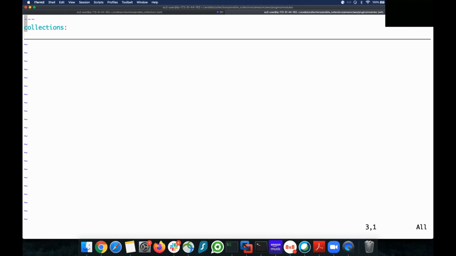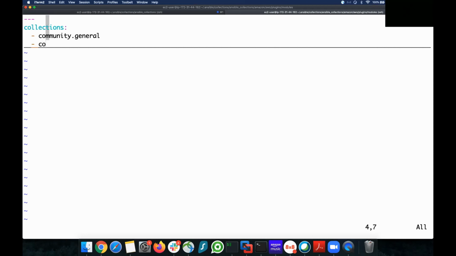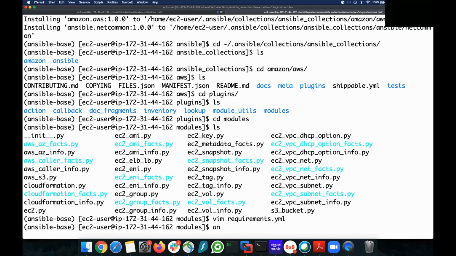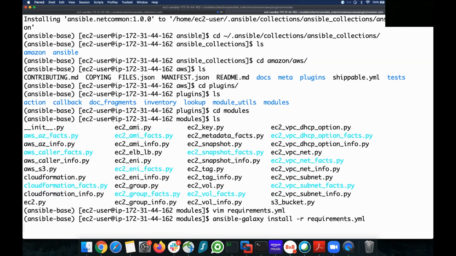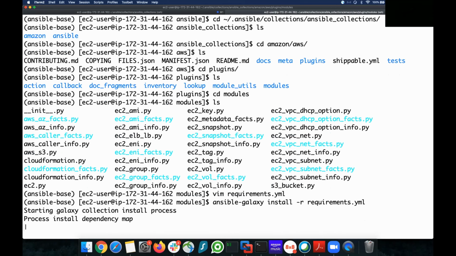If it's a role, you will define roles, but right now we're going to install a collection, so the keyword is collections. Now this command will install all the collections that are listed in the requirements.yaml file.